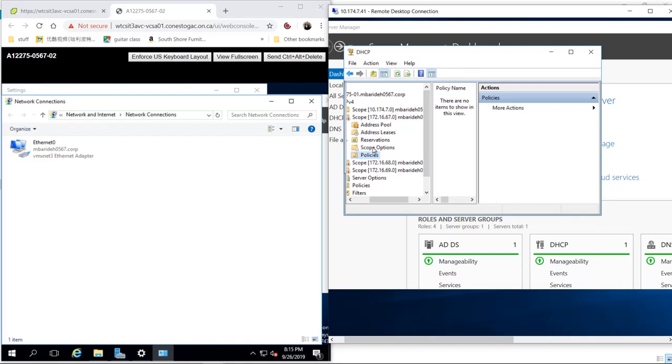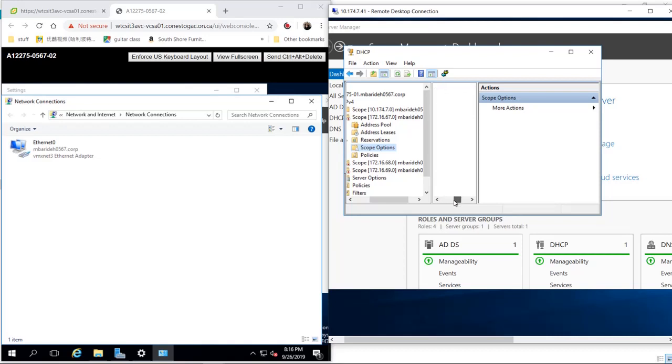Under the policies you can right click on the policies, and you can create a new policy. And also you can come here to the scope options, and then you can see that